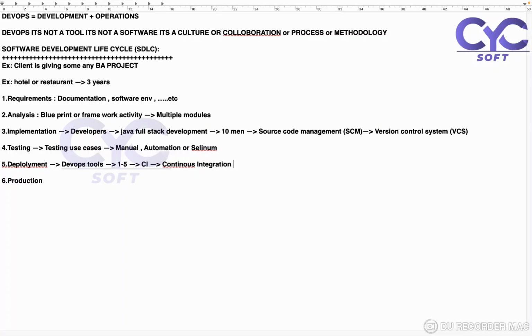So continuous integration will be a 24/7 process. Whatever we call it, this is called a methodology. Remember, this is called collaboration. We are working on collaboration. So this is called collaboration, guys. Why I am telling you about collaboration, process or methodology here is